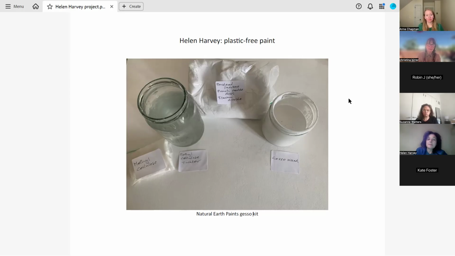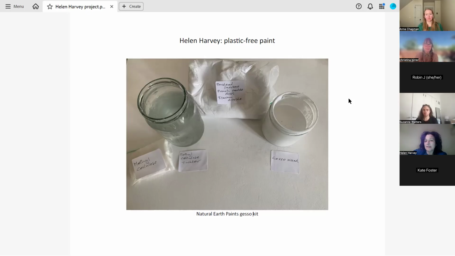So I really wanted to go back to grounds as a foundational step and find a plastic-free ground that was stable. So I took the easy route and used a kit which is put out by Natural Earth Paint, a